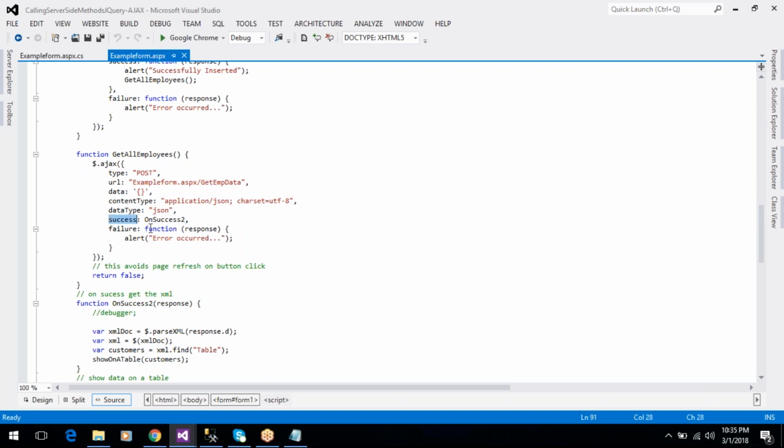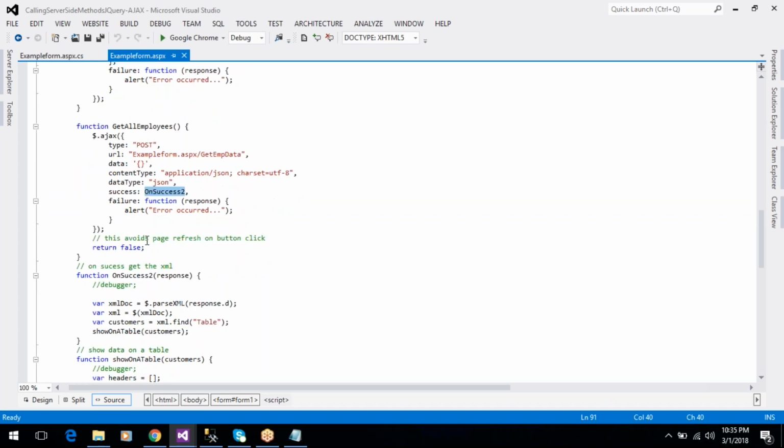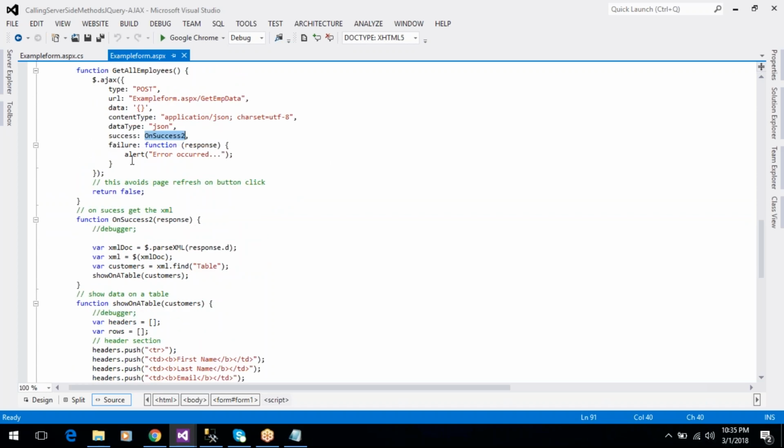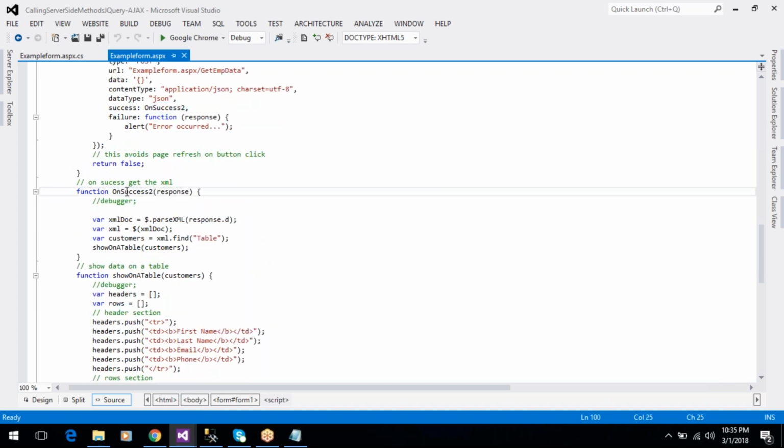and here the success function. On success, this function is executed if data is successfully retrieved from the database. On success, response is the returned data. So for the XML document, $.parseXML(response.d). Response.d is the data in the response object. So we are converting this data to XML